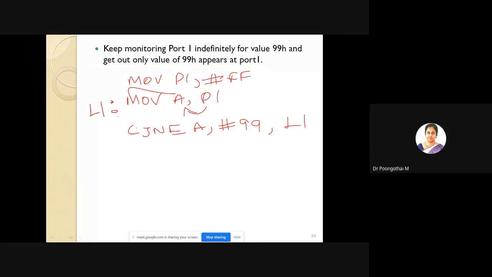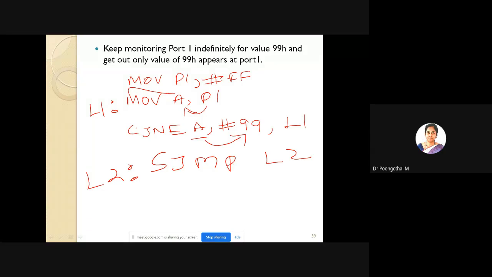So it will continuously check the accumulator content value with 99. If both are not equal, your program control transfers to L1. Otherwise, it will exit. So this is the solution for this particular problem.